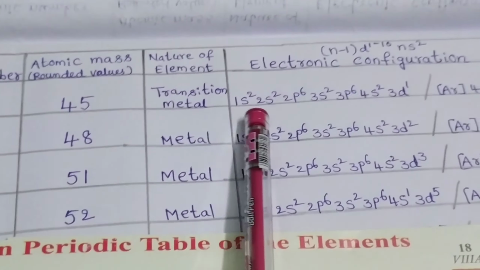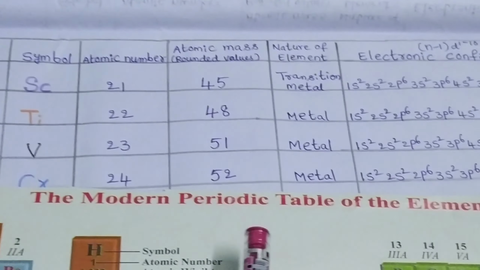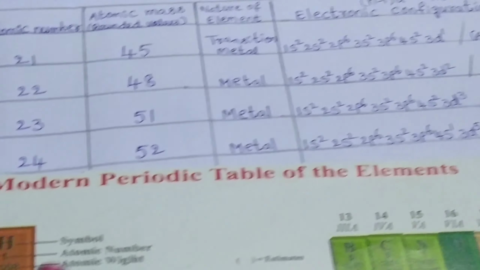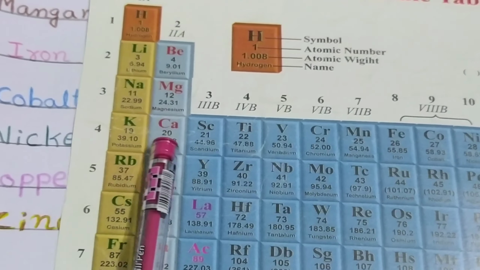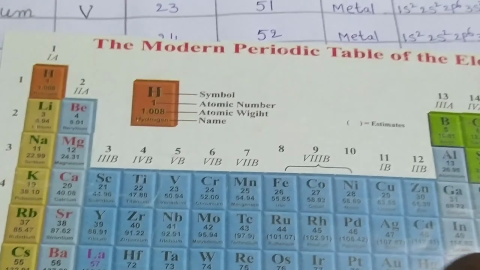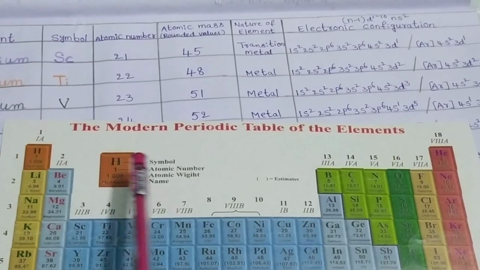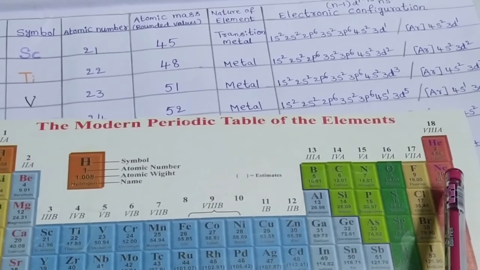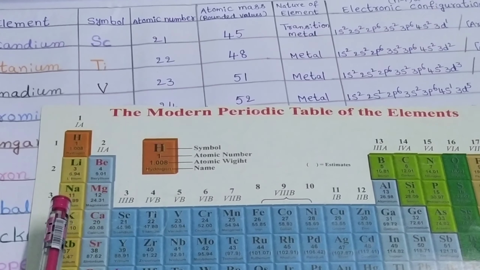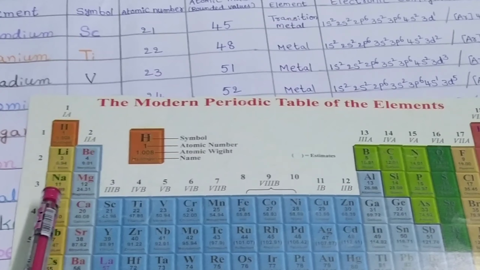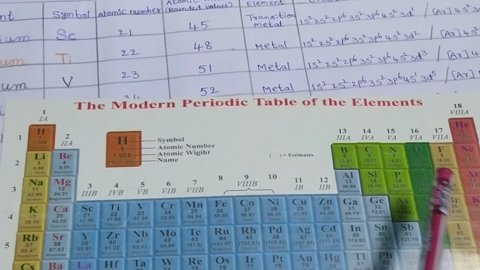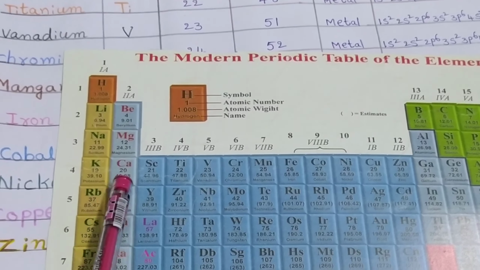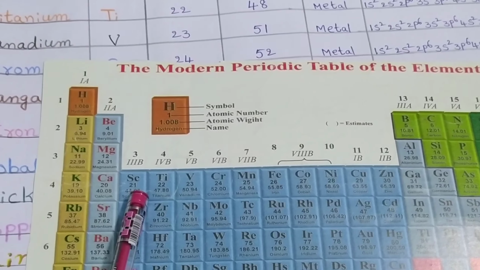So, the electronic configuration can be written as 1s2, 2s2, 2p6, 3s2, 3p6. Now, scandium is 4s2. Up to this one, 1s2. That means in a periodic table, first 2 electrons go to the first period and the remaining 6 electrons go to the second period. 2s2, 2p6. Next, the remaining 8 electrons go to the third period. 3s2, 3p6. And the remaining 3 electrons first fill into the 4s2 electrons, 4s2, and the last electron goes